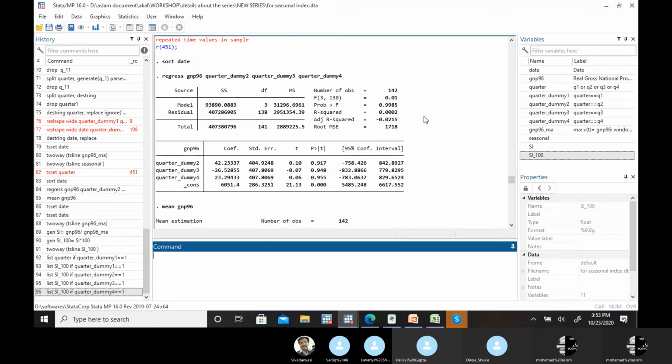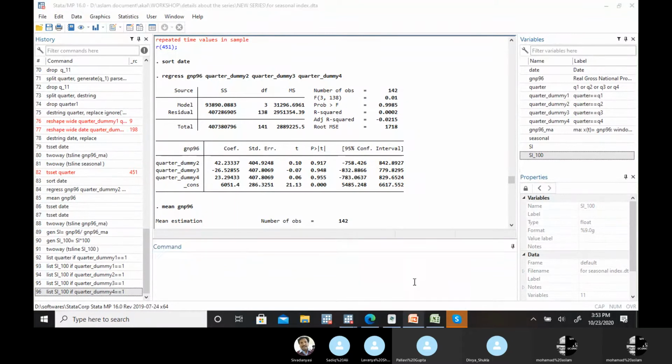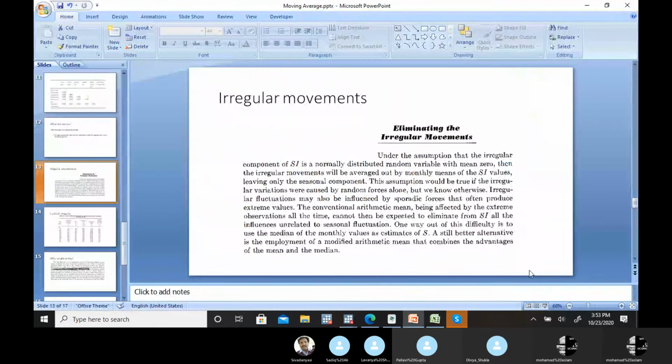Okay, so any doubt in this particular method? Meaning this dummy variable for the seasonal changes and how we eliminate the irregular components. No one is responding. Maybe either you are still trying or you are not getting the point, or maybe you are clear with this point. Okay, so if you're clear with this elimination process, then the next is